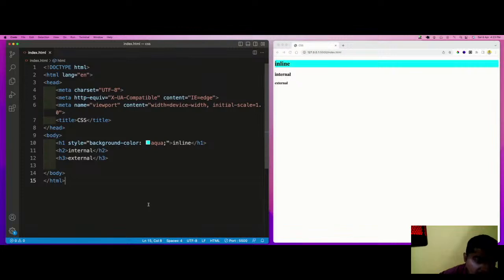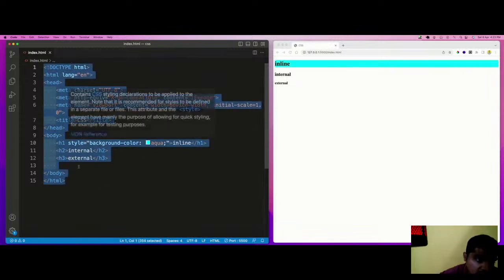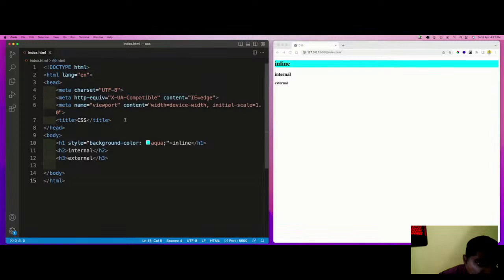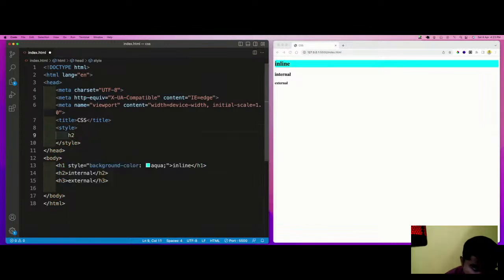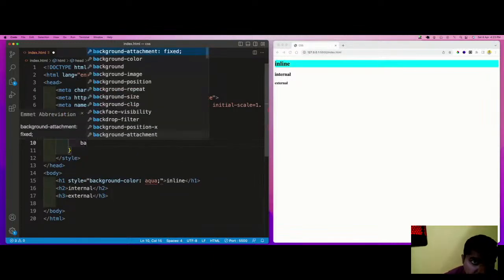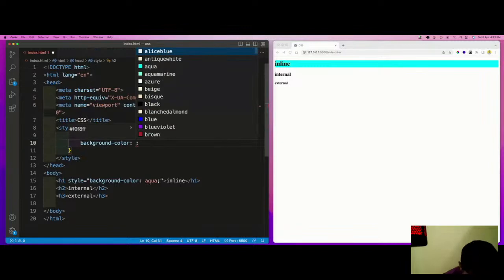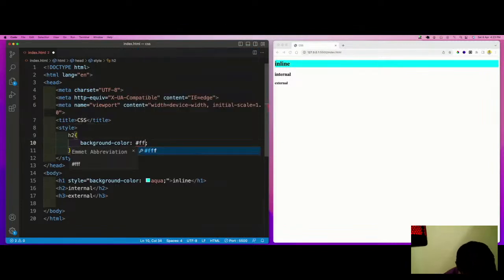H2 is internal. Internal means we apply CSS directly to the HTML file. So this is the HTML file. Again, with the help of the style tag, for the H2 we apply the same background color property using the color #FF00AA.